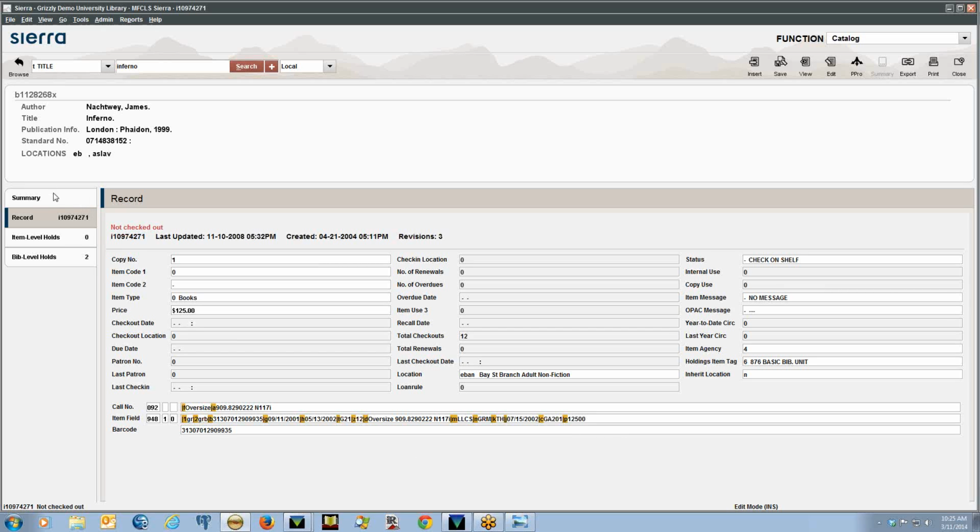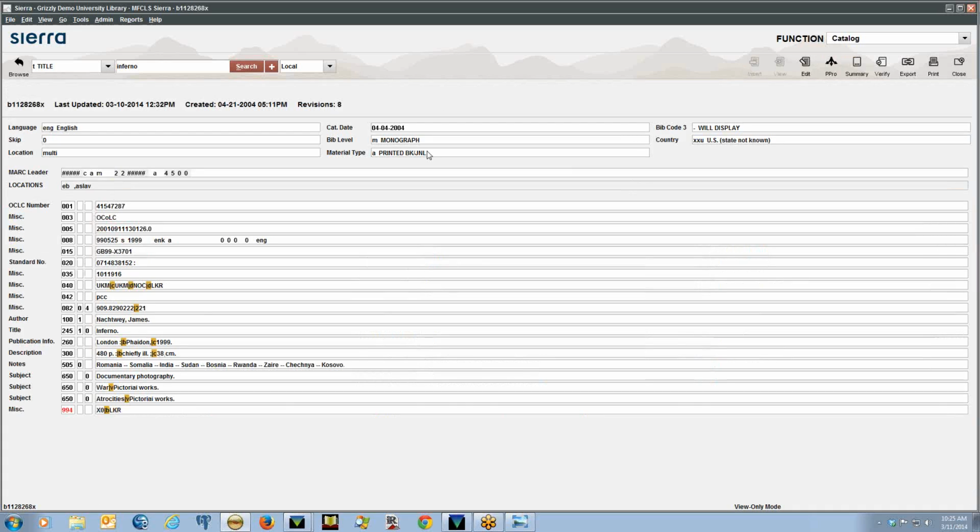You'll see this button layout on the left-hand side of the screen and all across Sierra. Patron records, order records, anything that used to be a tab in this view is now moved over to buttons here on the left-hand side. If we click on Edit or View,